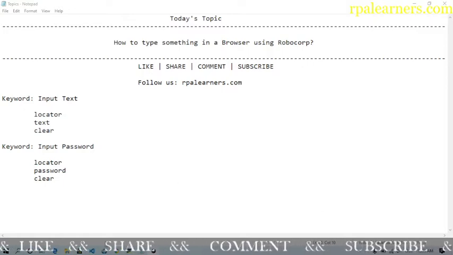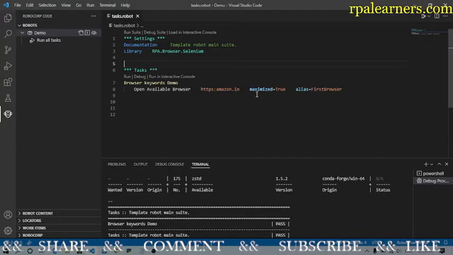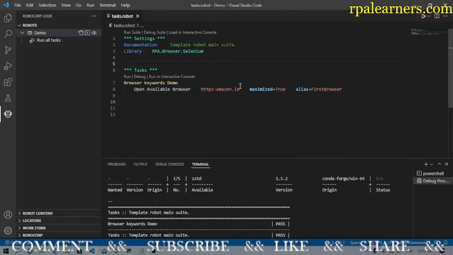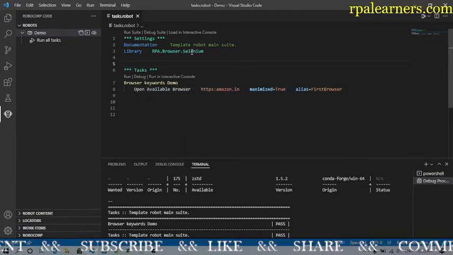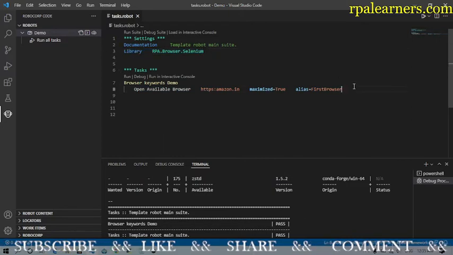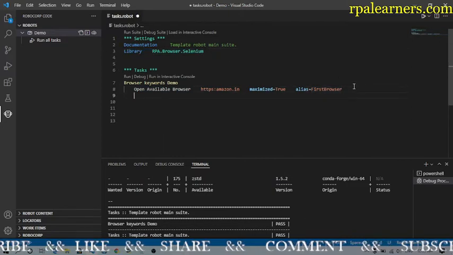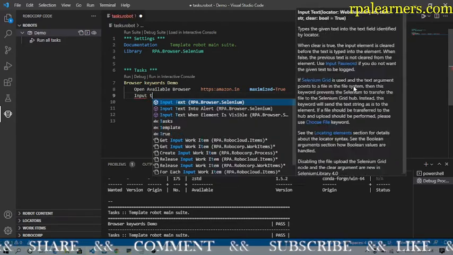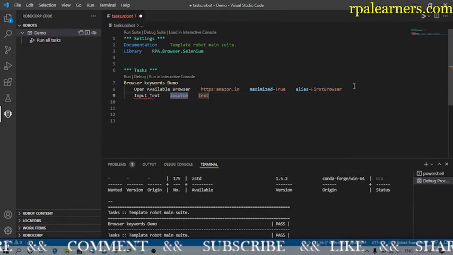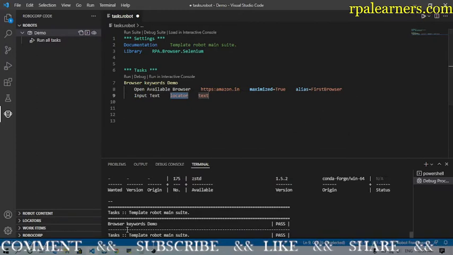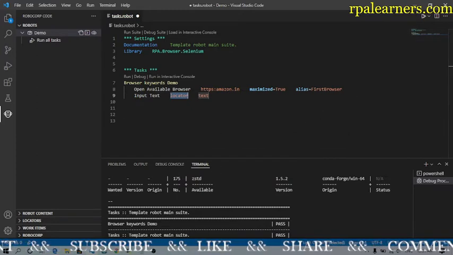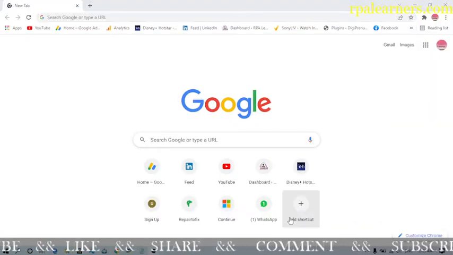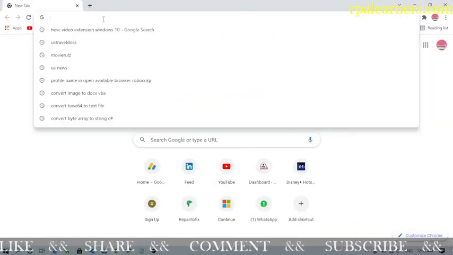So let's go ahead and open Visual Studio now, and this is from the previous video. We have open available browser and we are opening Amazon, and this is our library, which is RPA.Browser.Selenium. So the first one is, let's see, input text. How to use input text. One is locator and then another one is a text. So let's go ahead and open a browser, and here is our browser, and let's open amazon.in